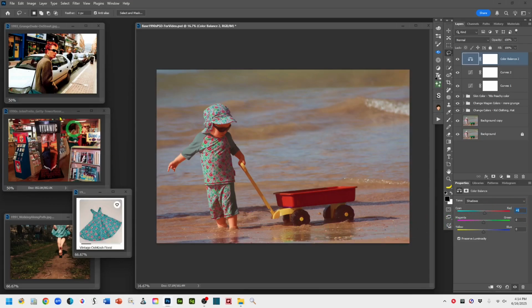Okay, and then also in the shadows, because they seem to have a lot of yellows in these reference images, I want to push some more yellows. So I'm going to ignore the magentas and green and just go to the yellows for mine. I don't want it too yellow. I don't want it to look like people were doing something in the water and it gets too yellow. Yeah, so that just pushed a little bit in there. Might be able to go up